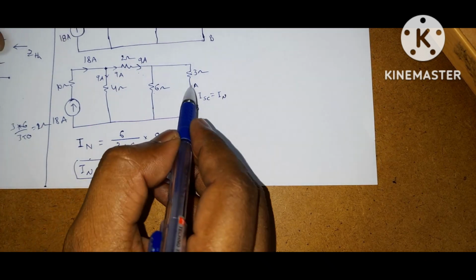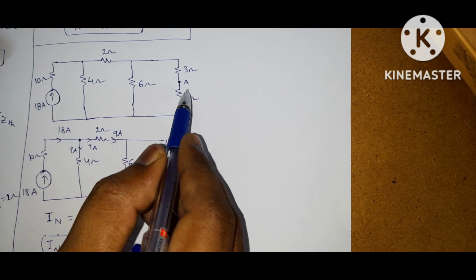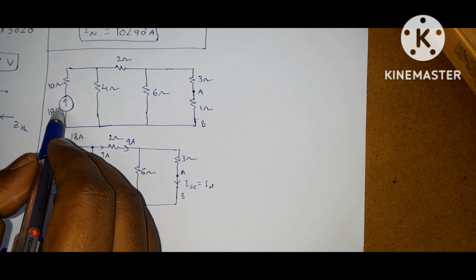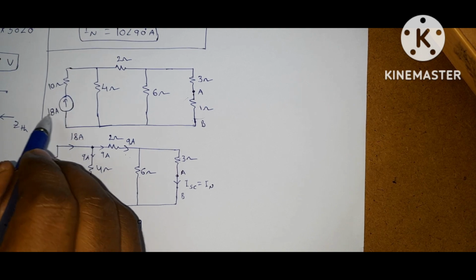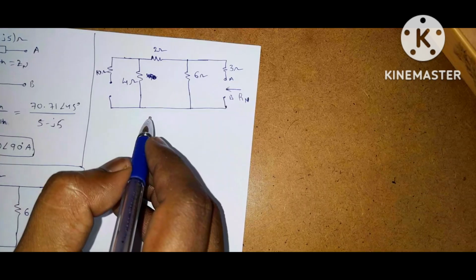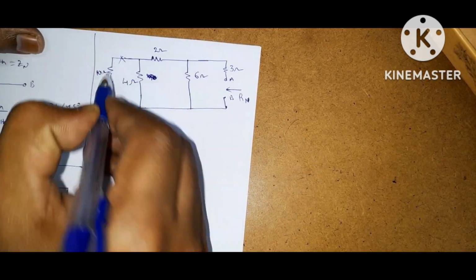Now find the open circuit resistance. Open this 1 ohm resistance and find the open circuit resistance. Replace the current source with an open circuit, because the internal impedance of a current source is infinity. Then the circuit becomes like this. Here it is open circuited, so we can neglect this 10 ohm